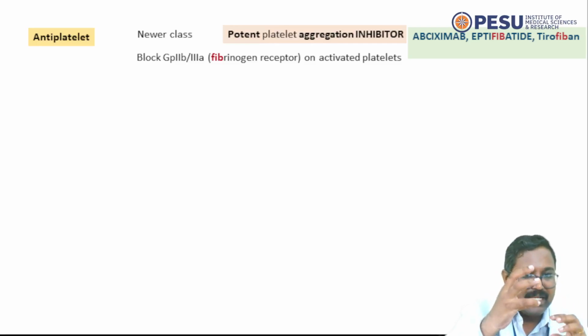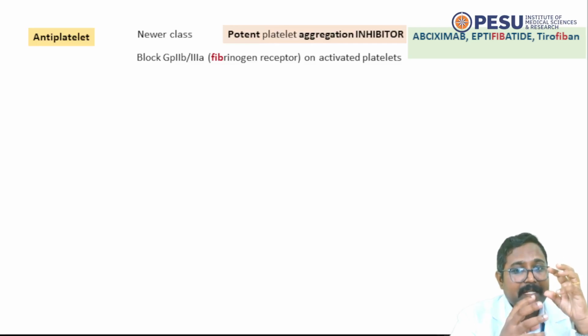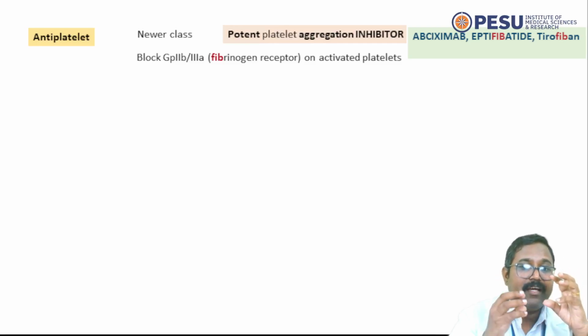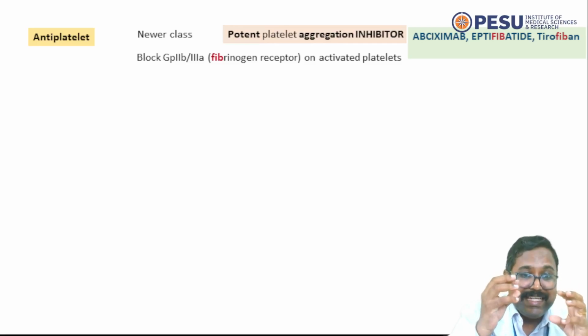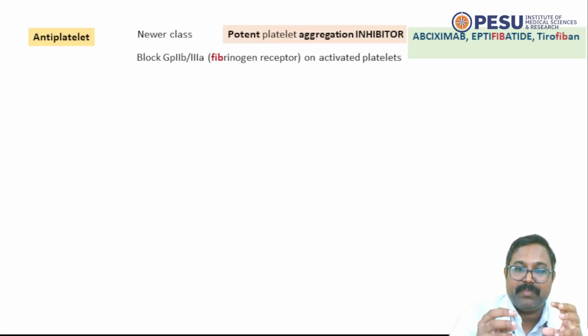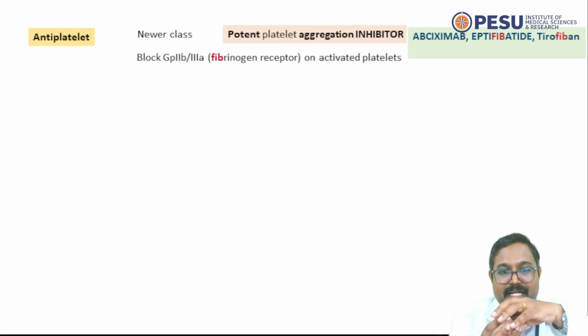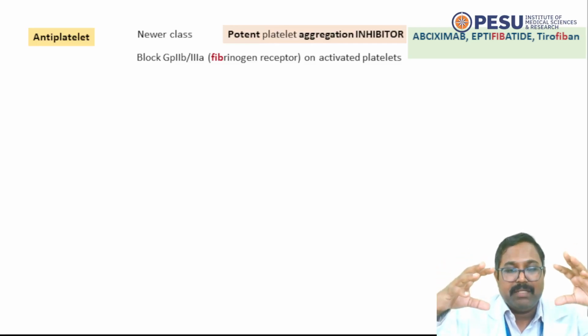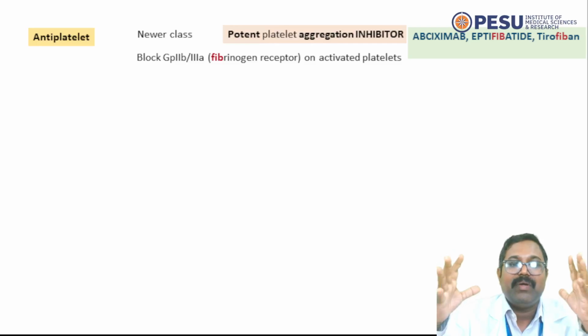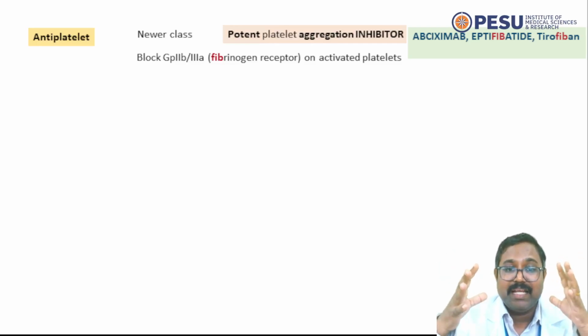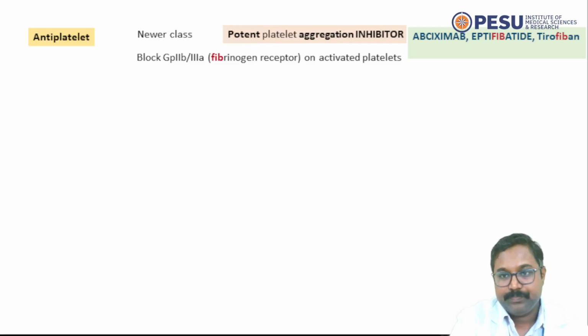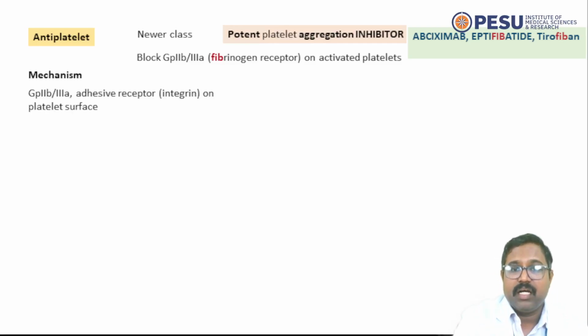So there is a platelet, and here is the activated platelet. How is it activated? By activation of the GP2B3A receptors. Once it gets activated, it will combine with other platelets. Thereby it goes on multiplying and accumulating platelets, and platelets will aggregate together and form a thrombus. So the mechanism, as you know, is that GP2B3A is an adhesive receptor, an integrin on the platelet surface,